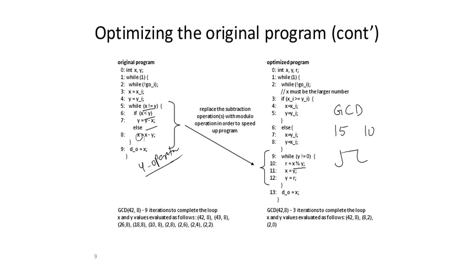Okay, now second case, what you do, you divide it. So let's suppose if I divide 15 and 10, so what is the possibility? So this is 1 and leftover is 5. So this is nothing but your modulus. Okay, so 5 is your modulus or remainder. So r is nothing but your remainder. Is it clear? So if I divide x and y, if the remainder is 5, that is nothing but your GCD. Is it clear or not?